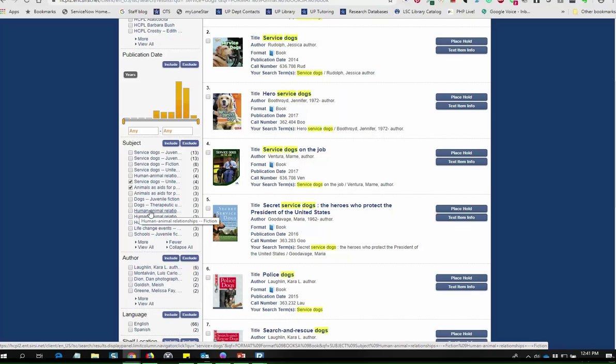And this one, human-animal relationships, it is fiction. Human-animal relationships, that's juvenile fiction. Human-animal relationships, psychological aspects. Okay, I'm interested in that, and so I'm going to click on that box. At this point, I can go through more subject items, but I think I'm going to click on these three boxes, click on Include,